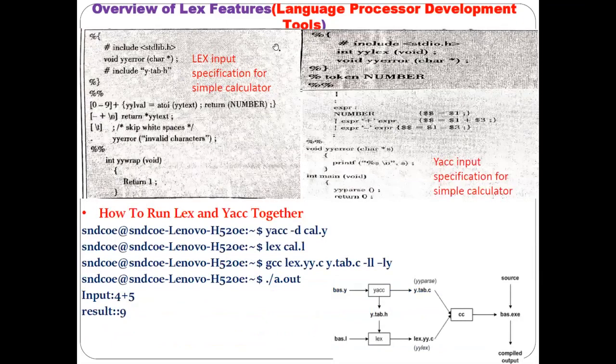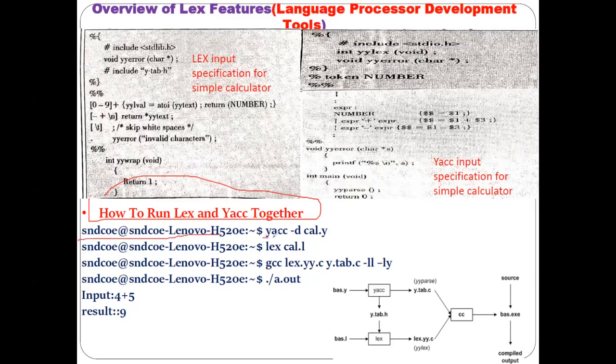Now the last thing is related to how to run this program. That is the most important thing here, how to run this program together. As I said, if you want to generate the second phase of the compiler, the syntax analyzer, to check the syntax, then you need to run these programs combined. You need both programs, the lex as well as the Yak program. So let's see that.